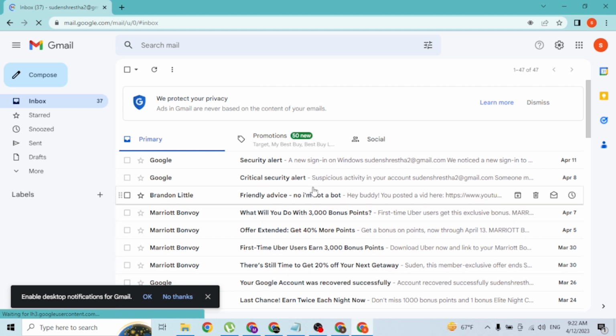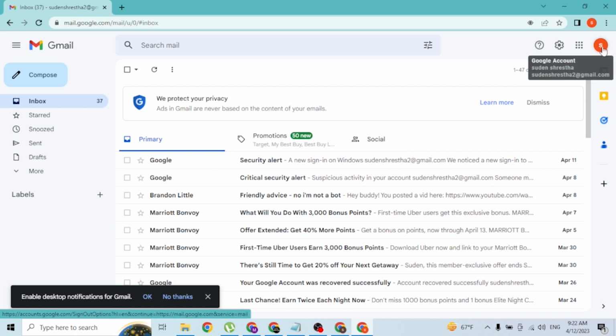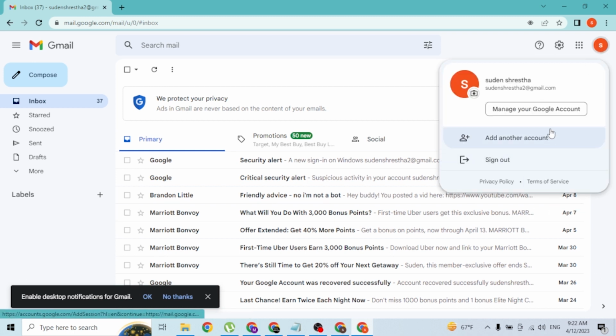With that being said, at the top right corner of the screen, guys, you can see your profile icon over here where it says the Google account. First click over there and you will be able to spot the manage your Google account settings over here. Click on that,